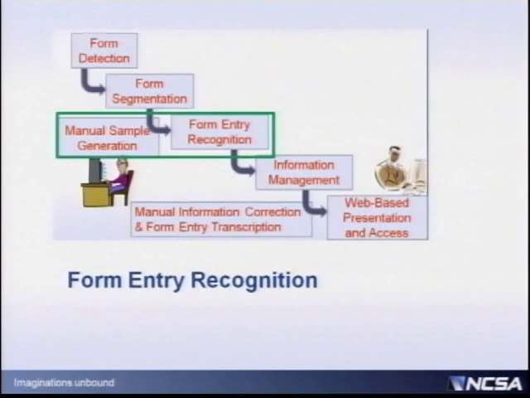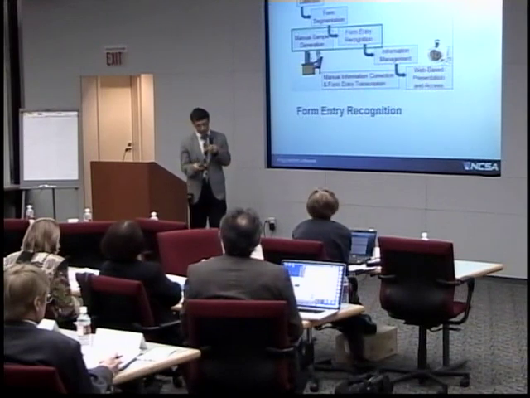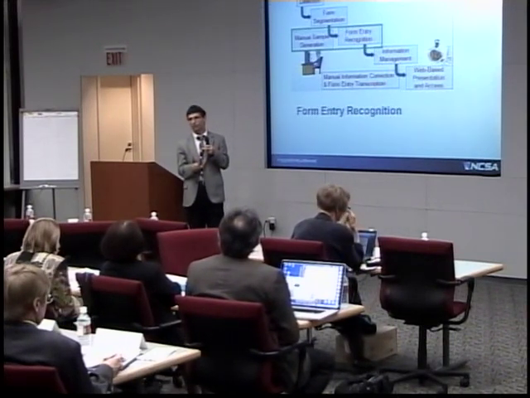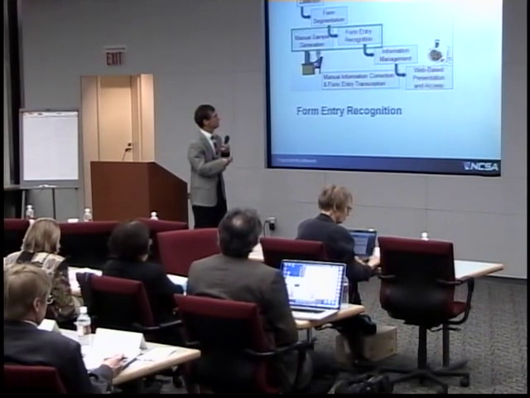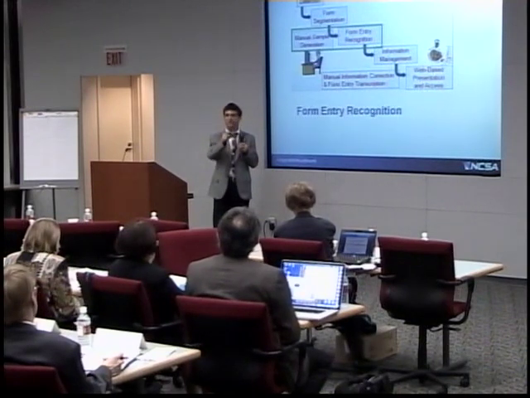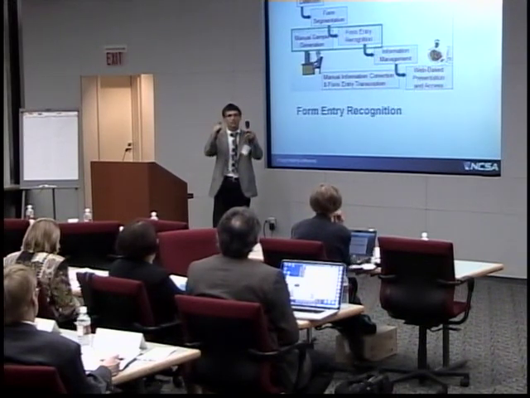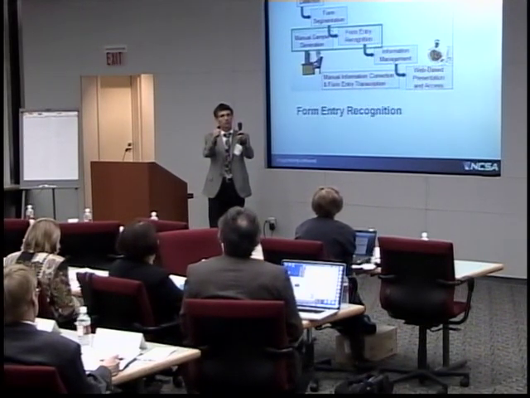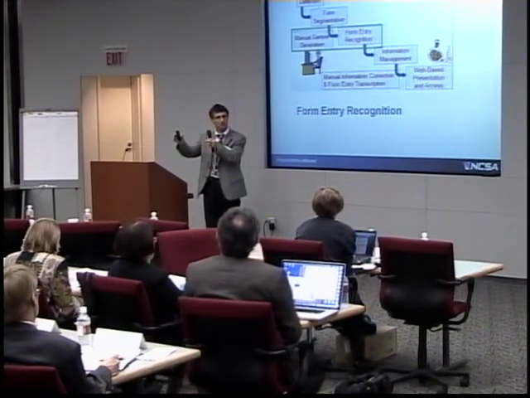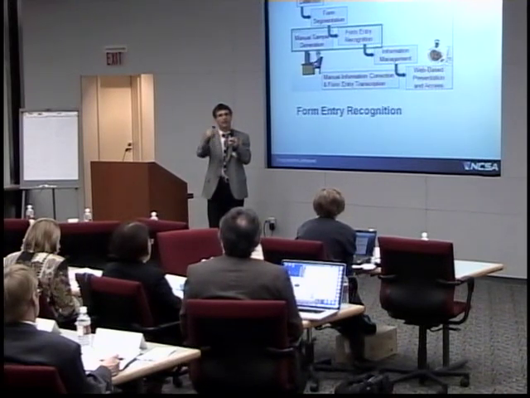Okay, so now I have segmented the form. I matched the form, I segmented the individual entries. Now I want to do the recognition. People have mentioned OCR and so forth. There is a difference between printed character recognition and handwritten character recognition. And actually what we are going to propose is that we are not really doing every character recognition. Perhaps if the word Illinois is so consistently written, I can just train my system to say, oh, this is Illinois. So just look at the pixels compared to another image, and if I see that the pixels are similar, I know that it's Illinois. I don't have to do the recognition of I, L, L, I, N, O, I, S.